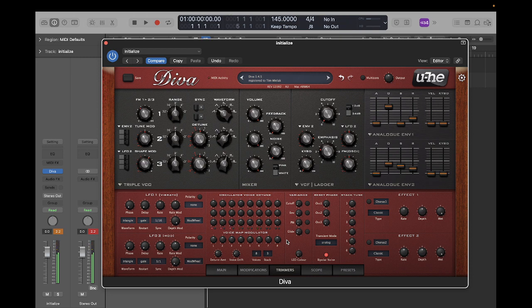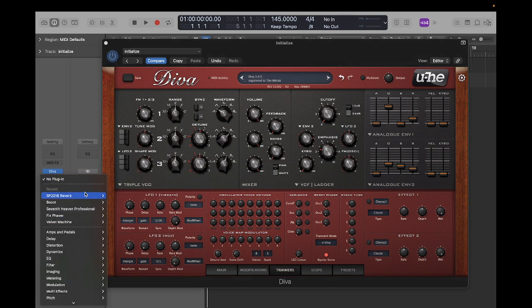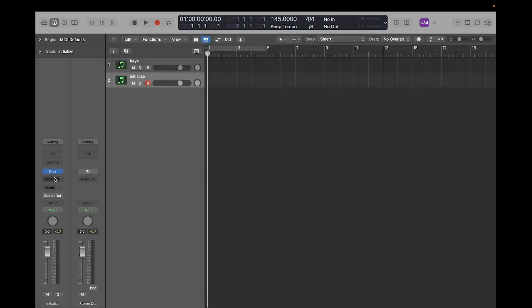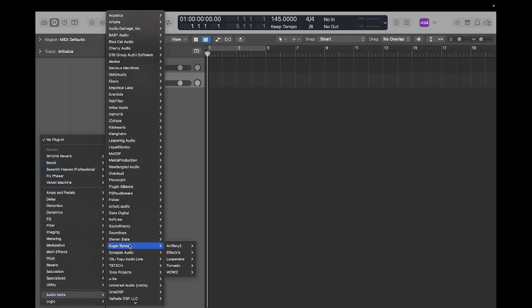So I do get my detune effect, and I get a really deep kind of sub thing going on since I've synced these oscillators. All right, now I'm going to leave that the way it is for now. Now we've got to work on